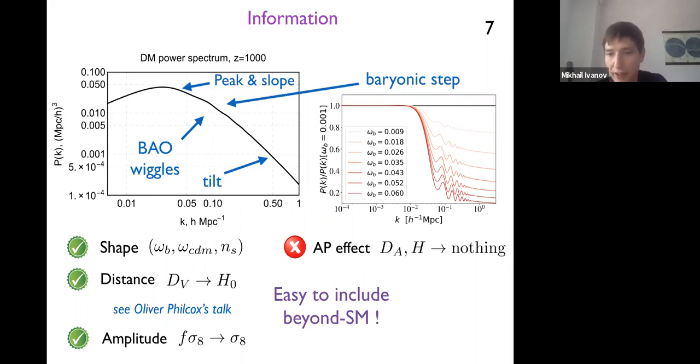Then there is another effect which is unique to galaxies. It's absent for the CMB, which is the Alcock-Paczynski effect, and has been the main probe of previous large-scale structure full shape analyses. In principle, it allows you to measure in a model-independent way the angular diameter distance and the radial distance of the galaxies, but those measurements are not very precise. And in lambda CDM, for instance, they give no extra information. But of course, in the extensions of lambda CDM, this effect can be important.